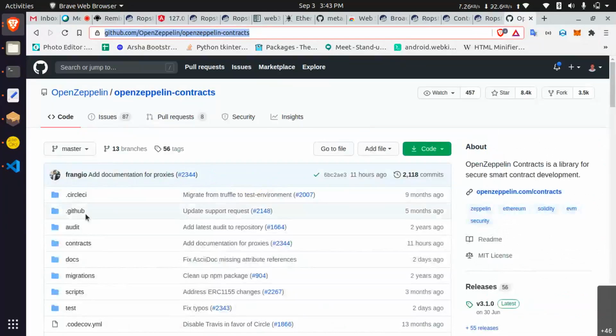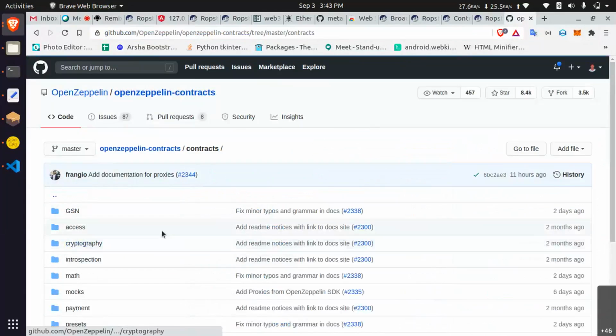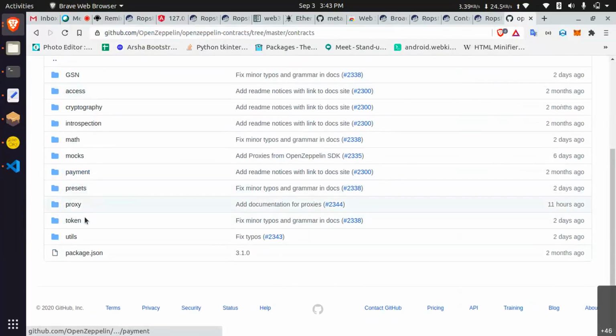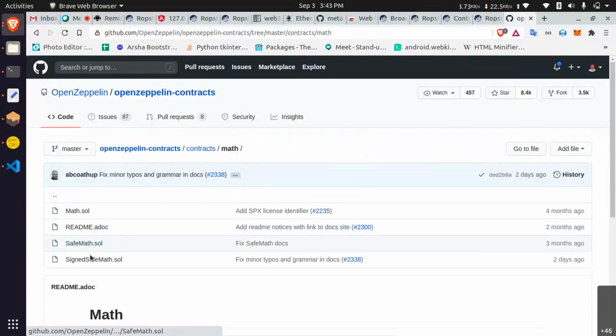All types of solutions are already built there: payments, proxies, tokens, math operations, safe math, signed maths. You can see that.